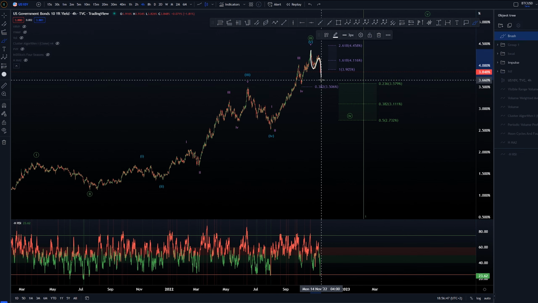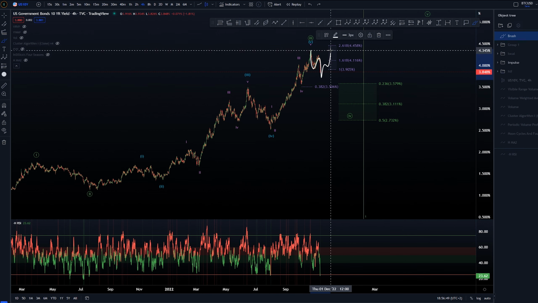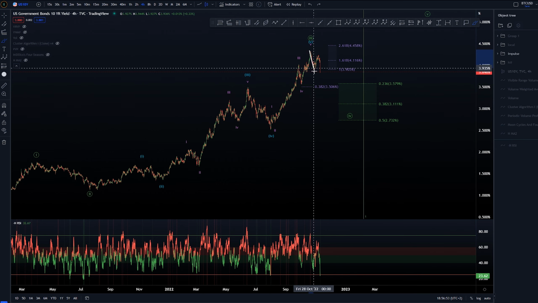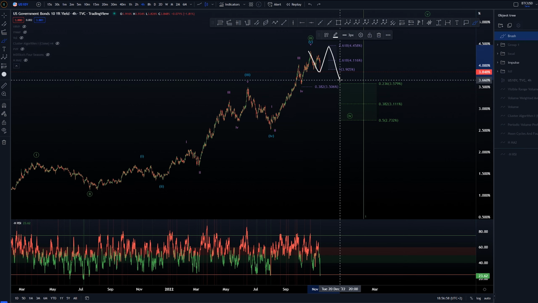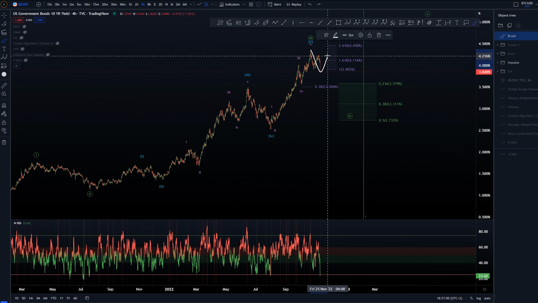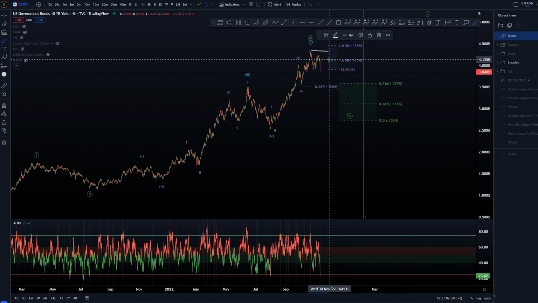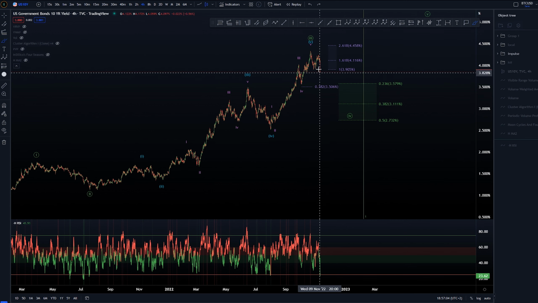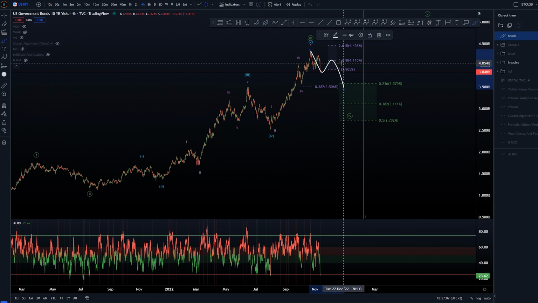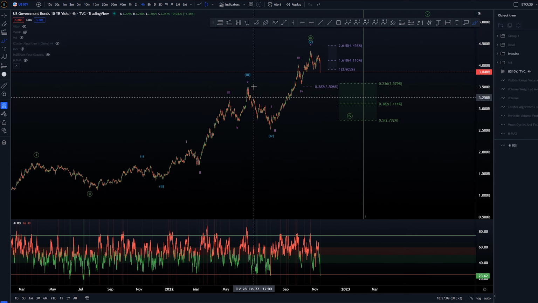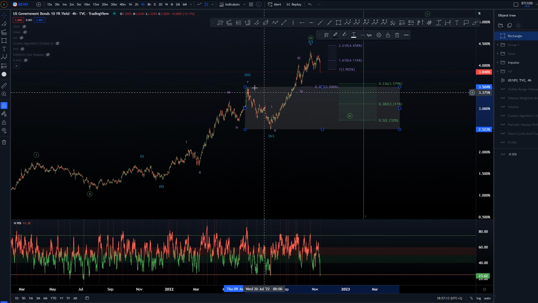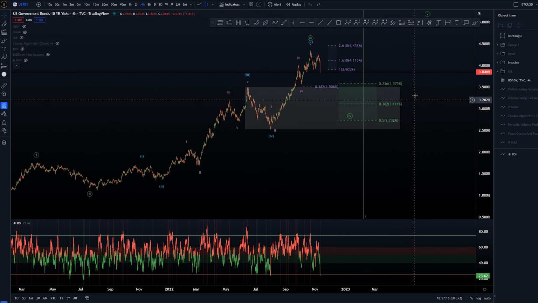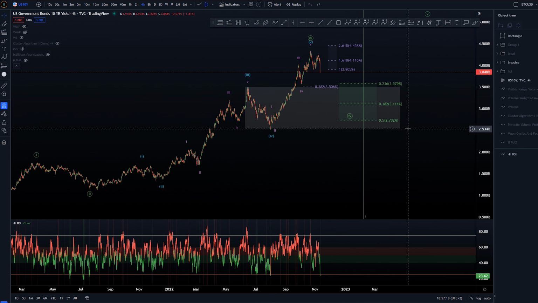So in here we could be getting this as a 3-wave structure, 3 waves up, and depending on how high we get here as that retracement, we could be looking for at least the expanded structure here, or again, if we don't get to the 90% retracement of this move here, we would be looking at some kind of WXY. Generally, where we would be looking for as an area would be the previous wave 4, which would be again this area here, ranging from the 3.5% to